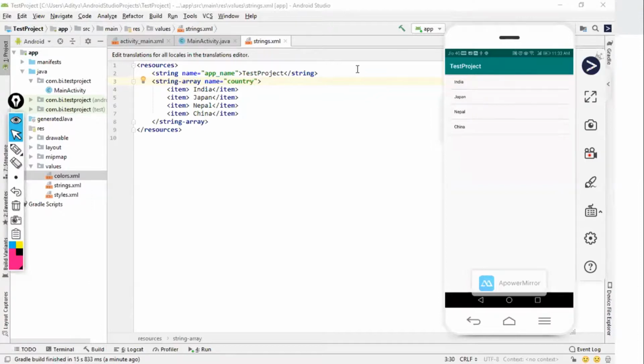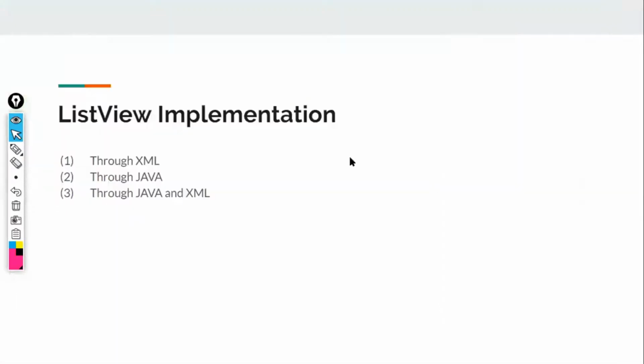But there's a disadvantage. For example, in your phone contact list, if you click on any contact, all the details about that contact are shown: the name of the contact, picture of that contact, and other stuff, right? But here, I won't be able to do this without the interference of Java. So this is the basic problem with it. So when can you use this? You can use this when you want to just show a static list through which the user won't be interacting. So our first implementation, that is through XML, is completed.